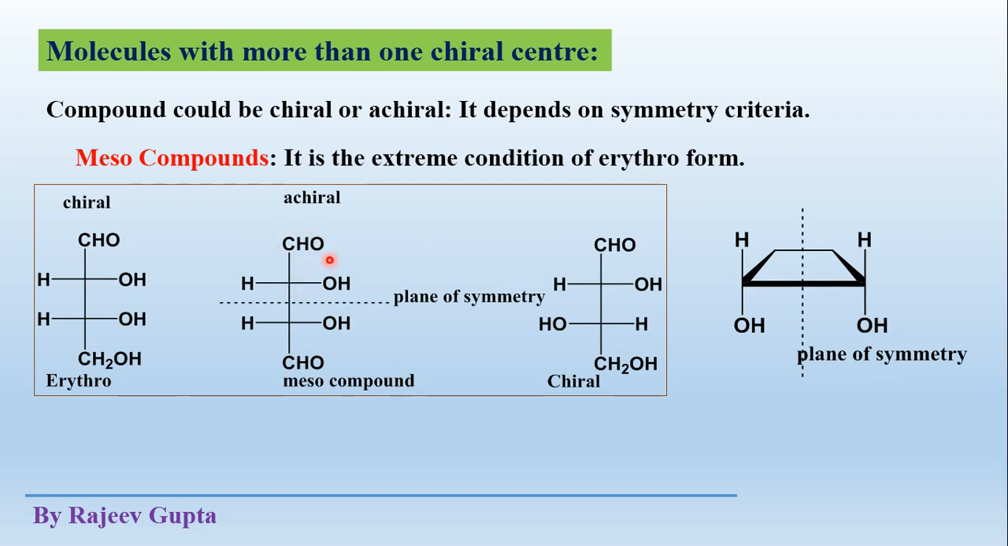See, one, if we imagine it as a chiral center, this carbon is attached to one aldehyde group, one hydrogen atom, one hydroxy group, and one this complete group. So this carbon is a chiral carbon, a tetrahedral chiral carbon. Again this carbon is also a chiral carbon. So this meso compound contains two chiral centers, but it is optically inactive or achiral due to presence of this